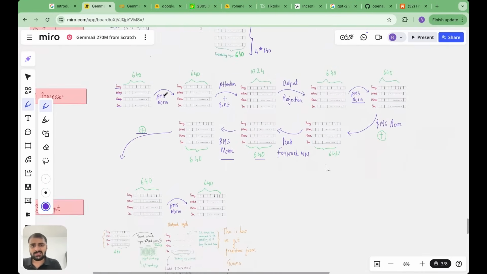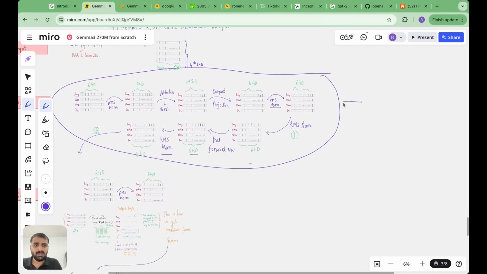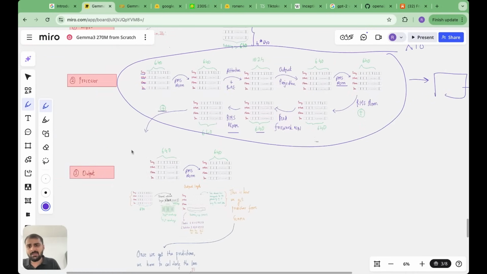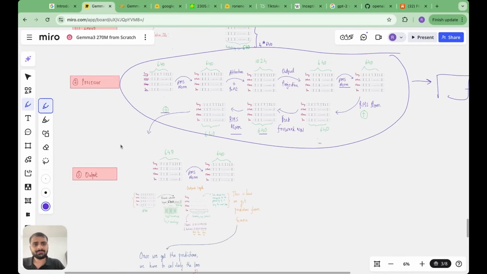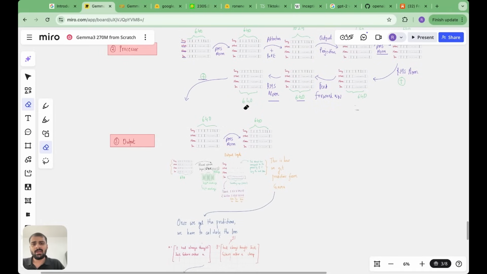Now all of this which I have shown you, that is for one transformer block. The output from one transformer block will go into another one. So there will be 18 such transformer blocks chained together, and the output which comes out of these 18 blocks then goes into my final layer, which is my